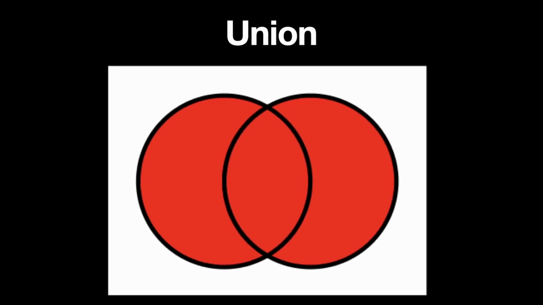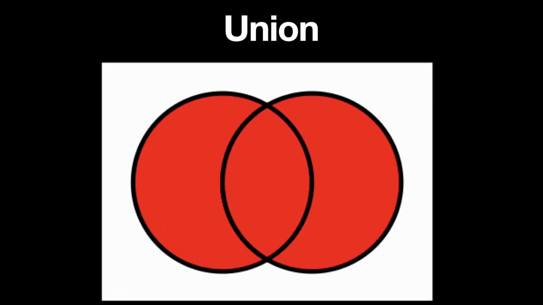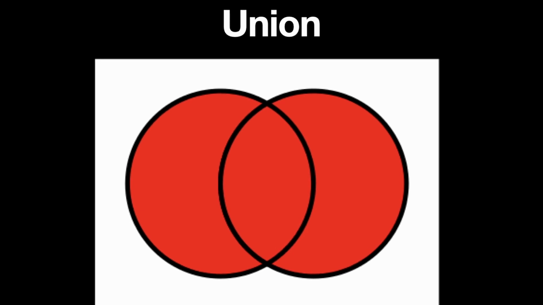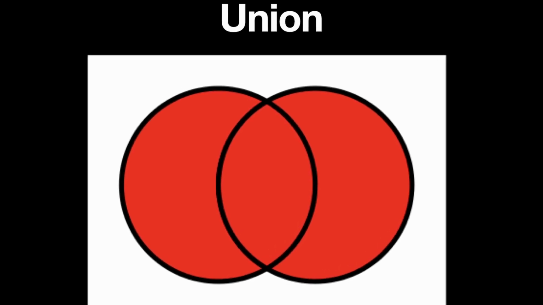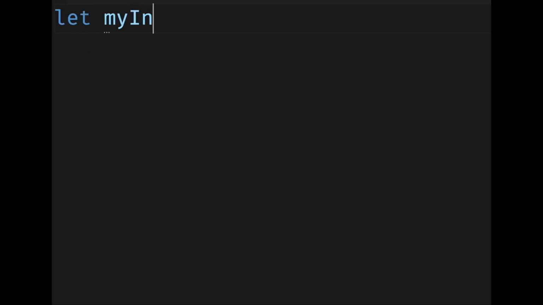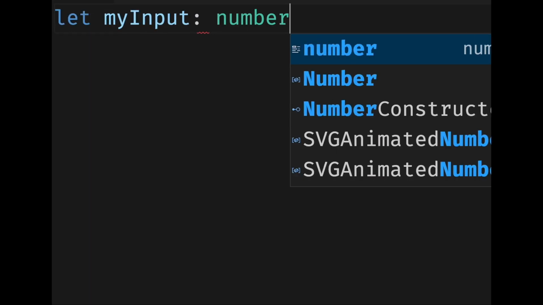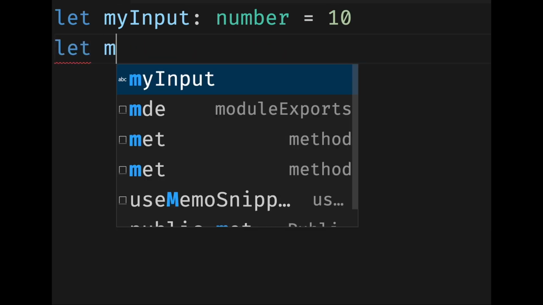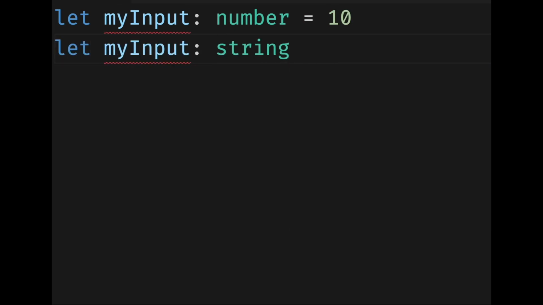Union is a concept in math. Basically, it means putting multiple things in one group. As in this diagram, both circles are in the same group. In TypeScript, when a variable can have two or more possible types, we can use the union type to combine